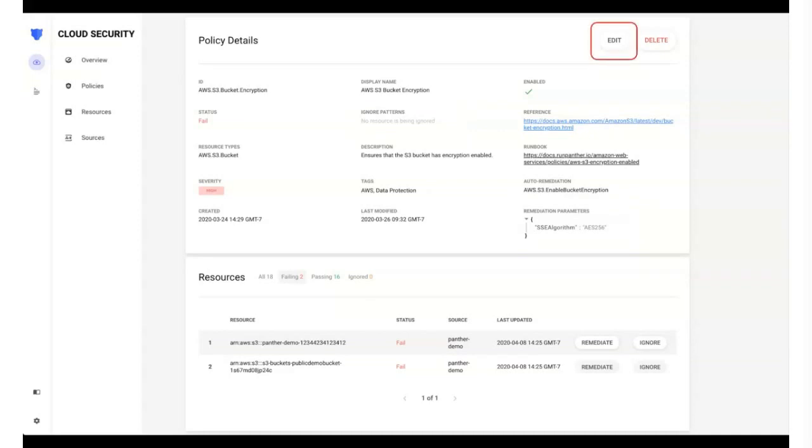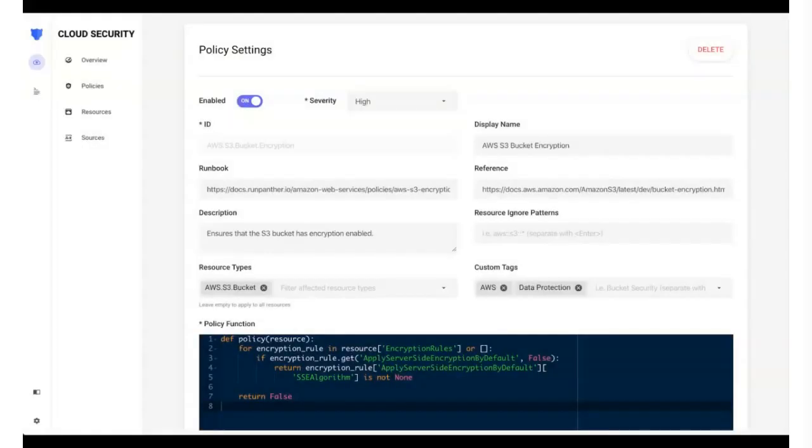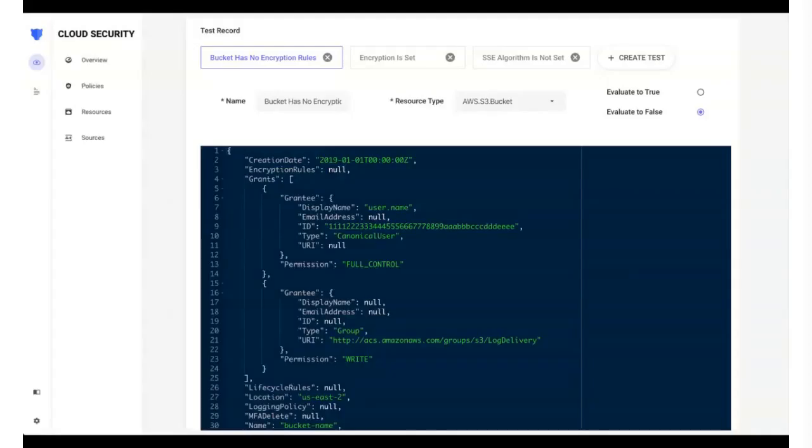And if we want to actually just go through and edit the Python, we click our edit button at the top, and then we're dropped into our policy editor. And the policy editor allows us to modify all the metadata that we just saw in the previous page. And it also allows us to just write Python purely in the browser. And we can ensure that this Python works by using tests. So if we keep scrolling down in the editor,